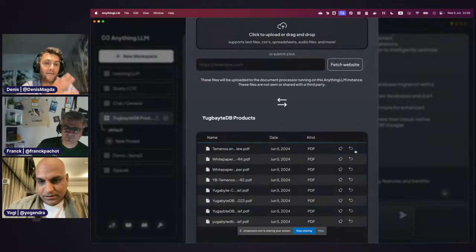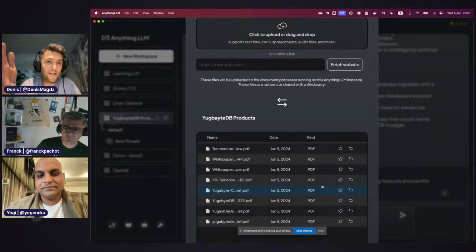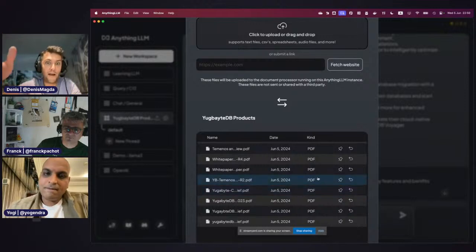It might be old enough, but you have some data that is available locally. It can be internal data, sensitive data, or just the latest data. And you complement the model with this data by uploading these documents.